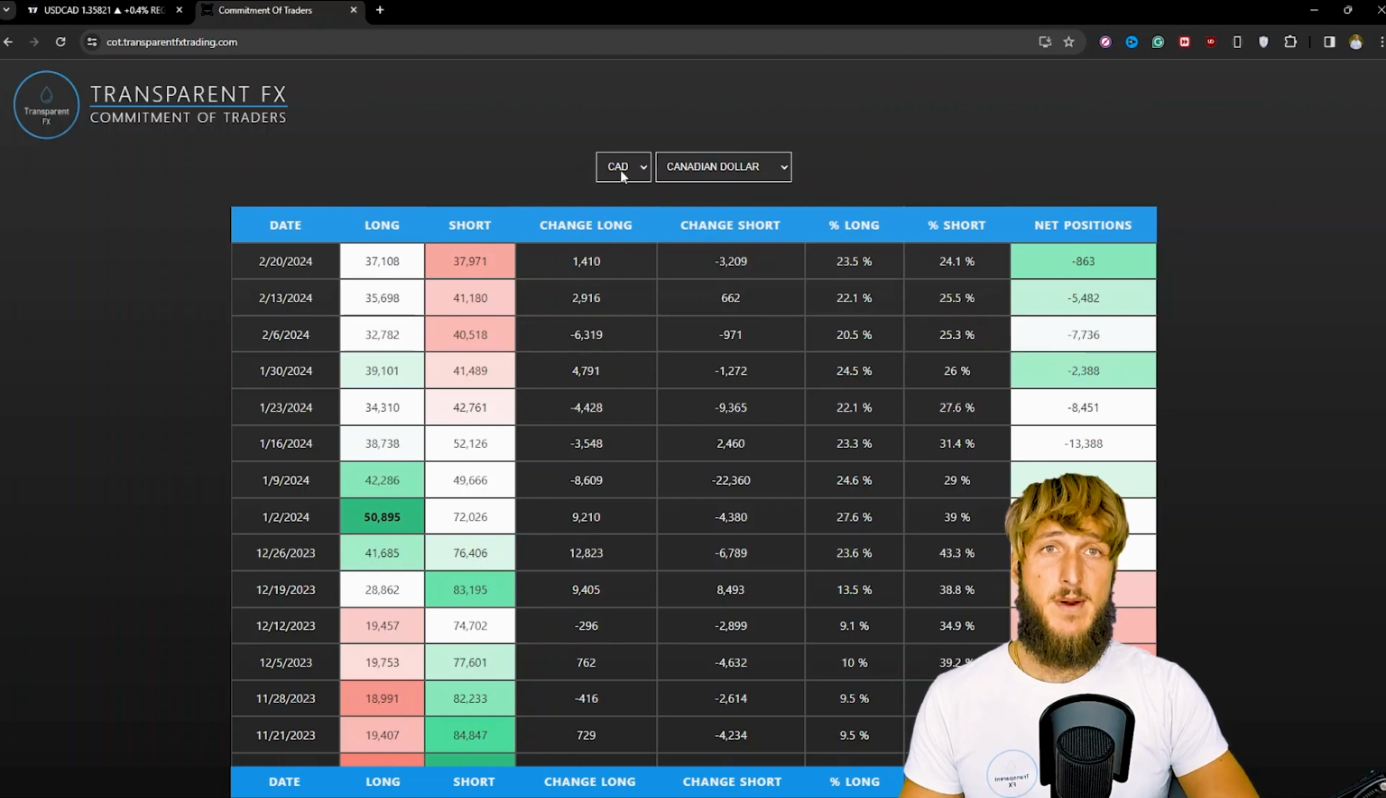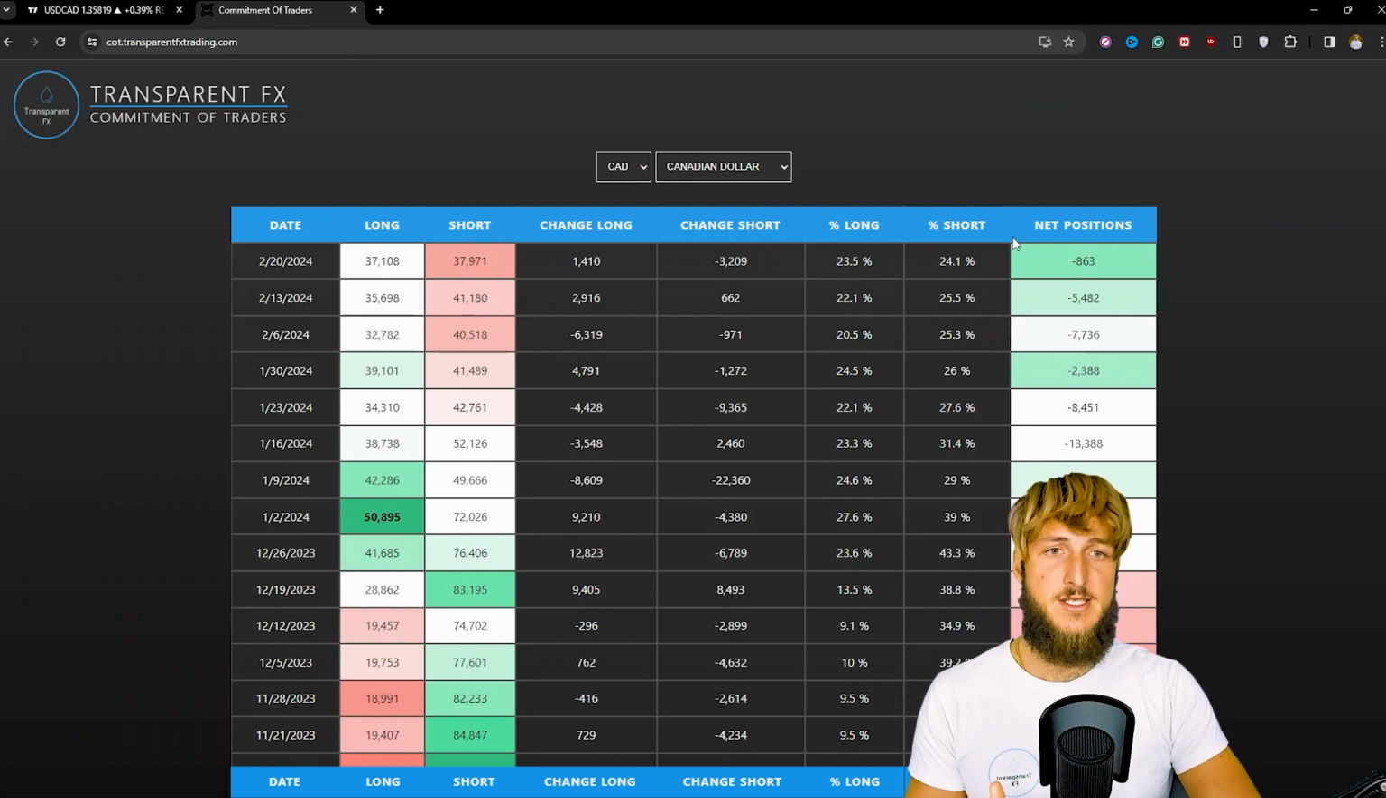The first thing to keep in mind is that if we're checking the data for the CAD, we're actually already checking CAD USD, because all currencies on the spot are traded against the USD. But since we're analyzing USD CAD, we simply have to reverse everything. So what we can see here is that with the last reports,